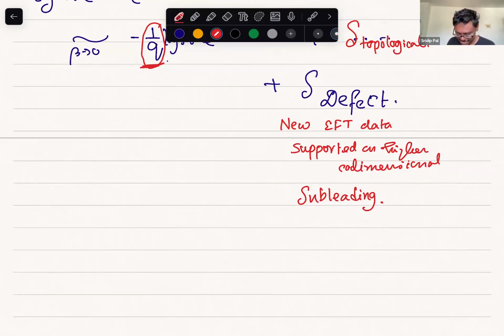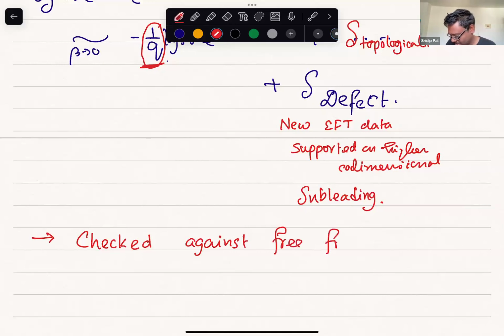So one thing is that everything I have just mentioned, we checked against free field theory, in all possible generality. Because in free field theory, it's easy to compute this trace e to the power minus beta H, because you can write down the plethystic exponential and you insert this -1 to the power j, and then it becomes a word counting problem with some particular weights. And people have developed lots of techniques to figure out this limit. Then you can do this expansion and figure out what the Wilson coefficients are. And it exactly matches all the universality that we predict.